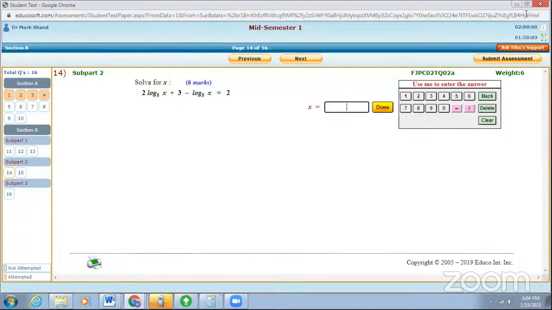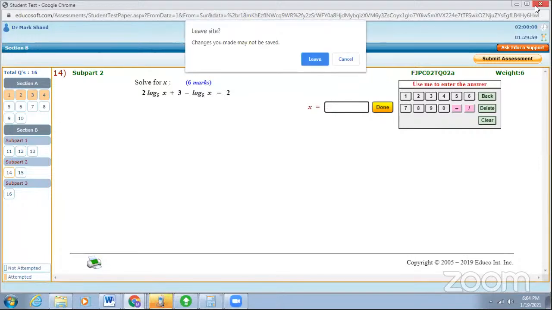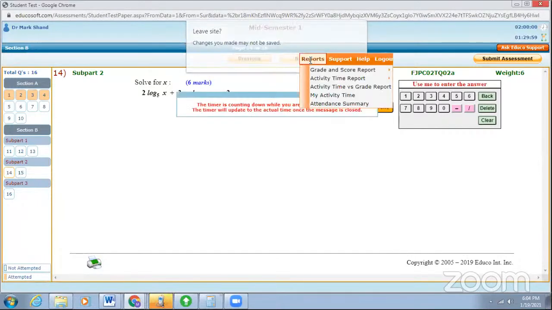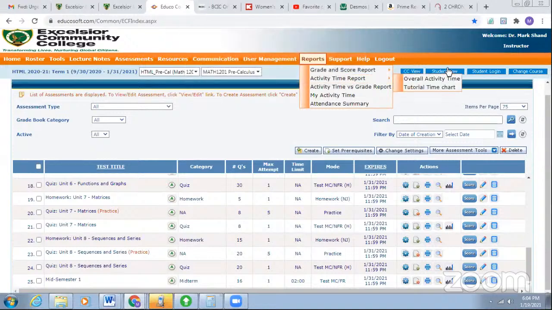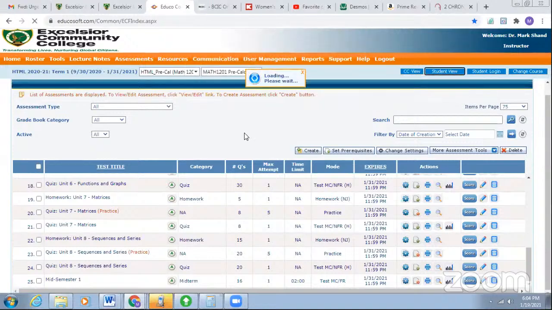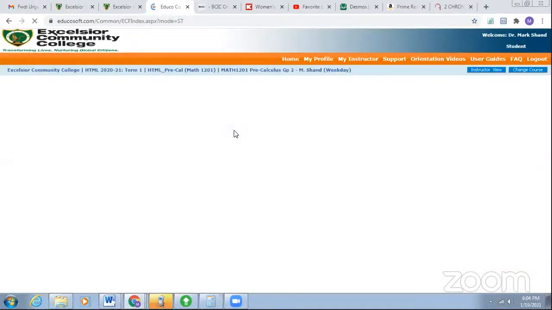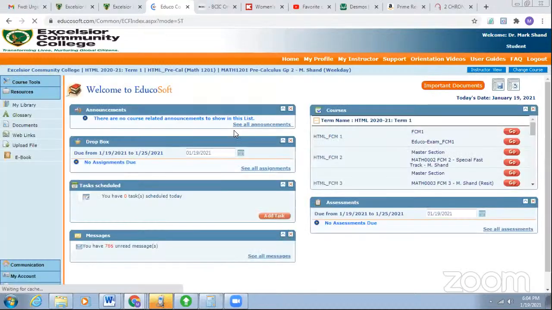Allow me now to move from this screen and show you, in student view, how you're going to be accessing the section where you'll be uploading your work. One of the things required is that you need to have a USB or a data cable, so that you can transfer the information.